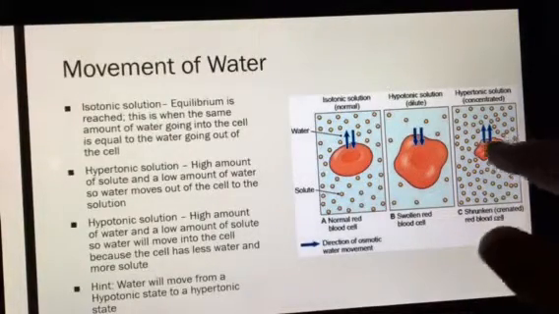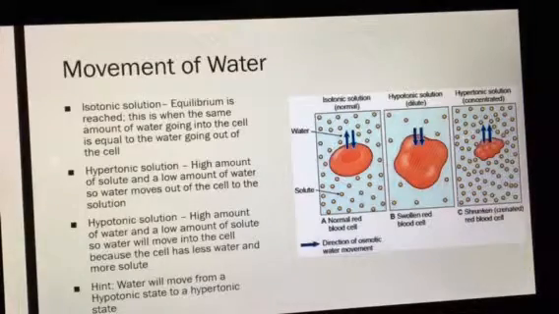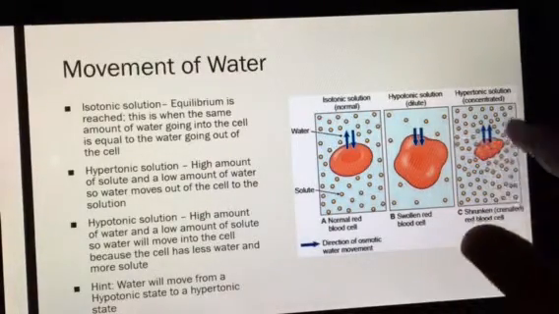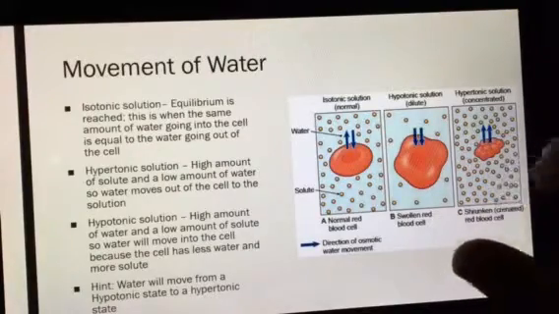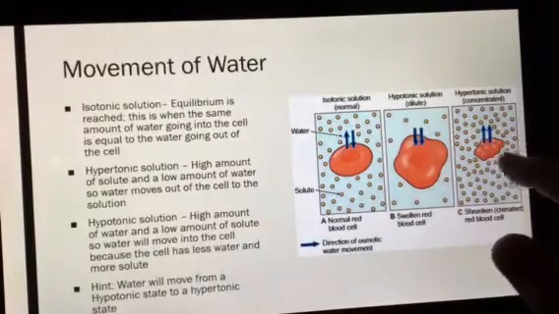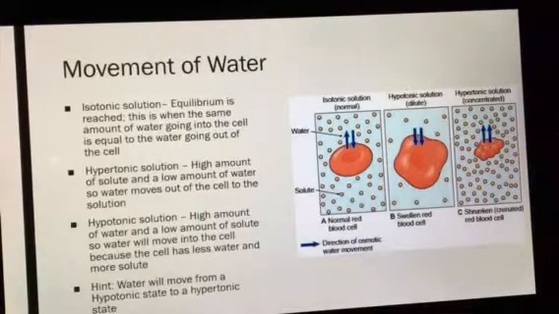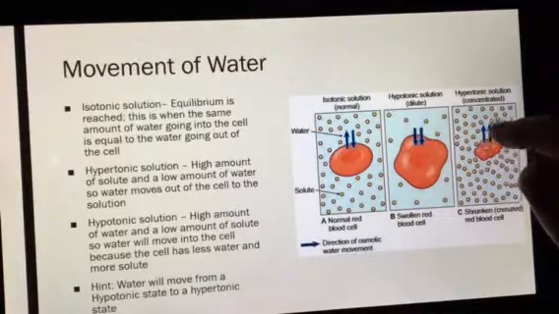And so the cell actually had more water. It's like you drinking the Coke. All the water is going to move out of the cell, trying to dilute these particles here. When we have a hypertonic solution, the cell is actually hypotonic to the solution,